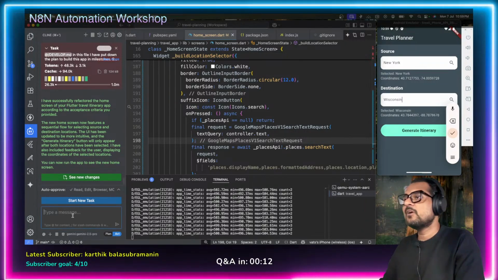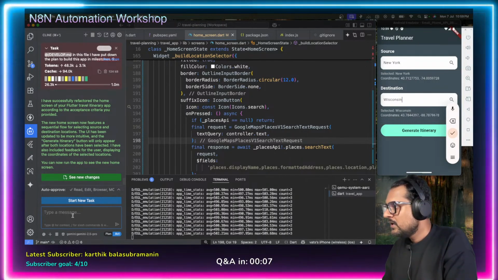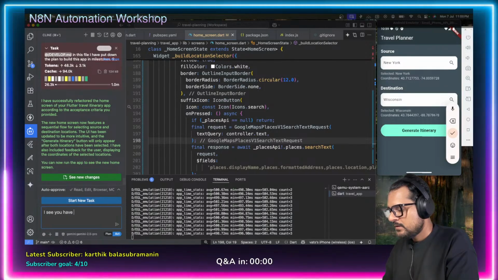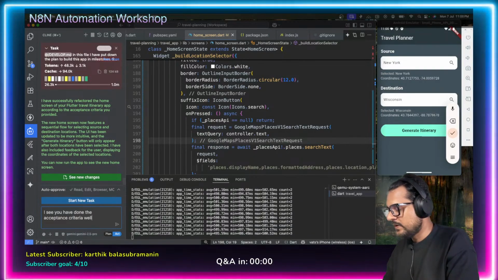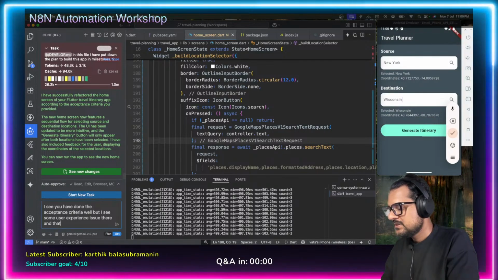Okay, so that's the sort of feedback I'm going to give to Gemini now. So let's quickly tell it: I see you have done the acceptance criteria well, but I see some user experience issue there, and that is that the